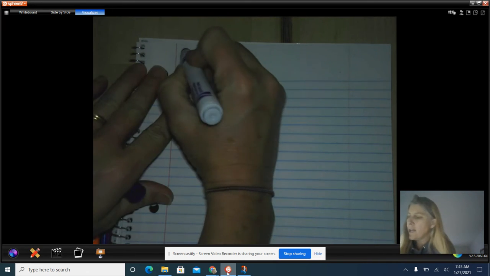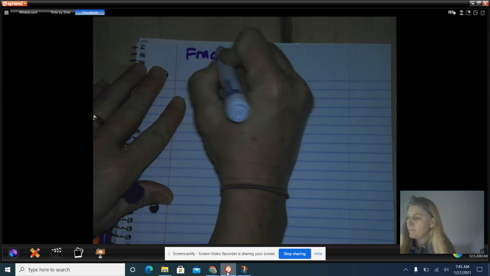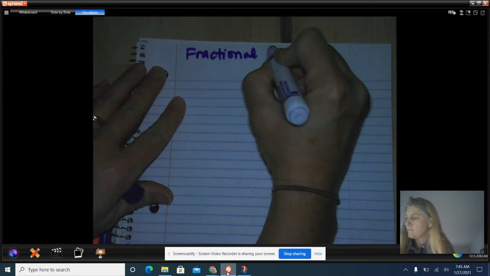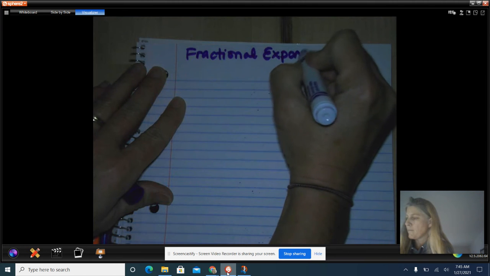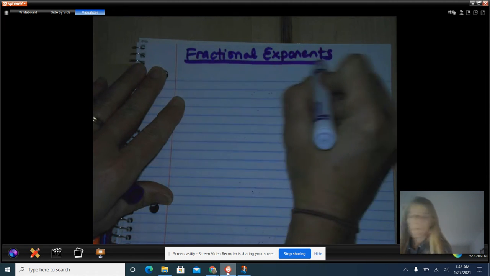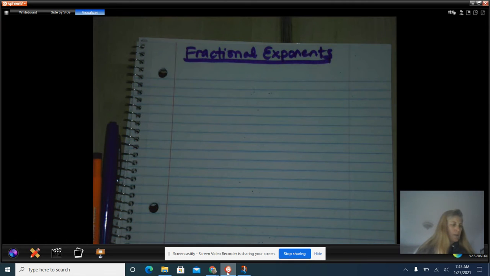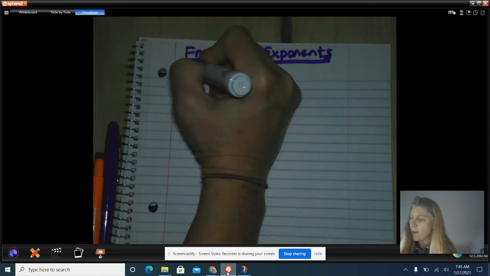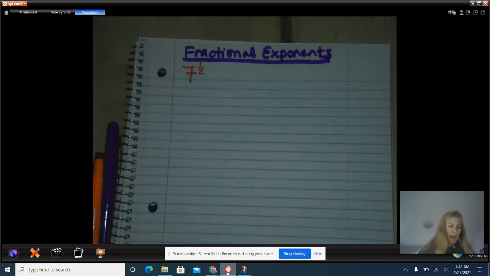So our very first set is going to be on fractional exponents. And what we're going to do is take a look at a number and then analyze it. So we're going to start with 7 to the 1/2 power. 7 to the 1/2 power. Okay. So as we're going to rewrite this in root format, we're going to go ahead and take a look